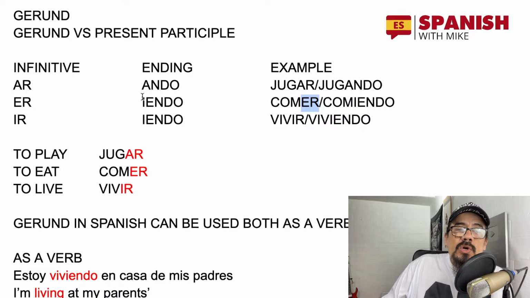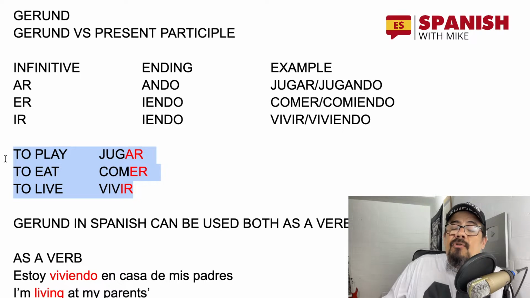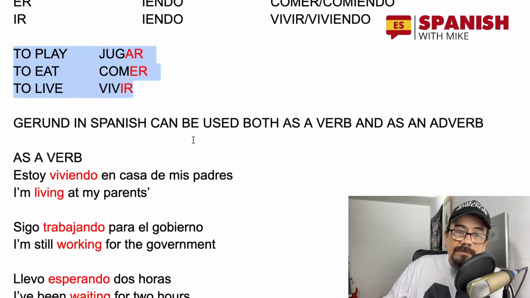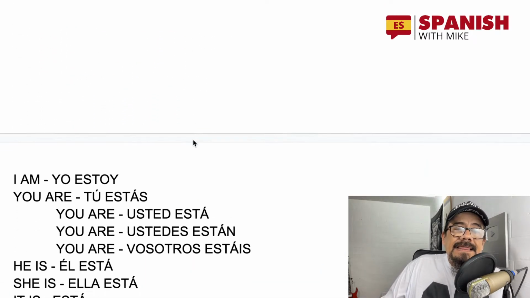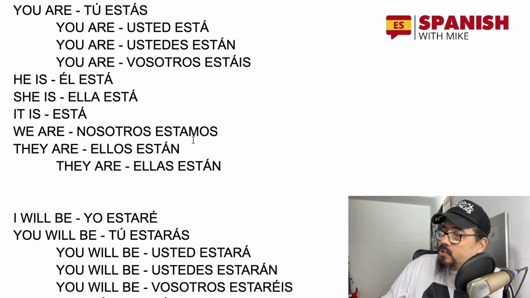And that's how you conjugate the regular verbs in Spanish in their gerund form. This is the gerund form. And remember, we are really talking about the present participle because this is a progressive, continuous tense form in Spanish. But remember, we agreed to call this gerund because in Spanish we call it gerundio. So having said that, there is another thing that we need to keep in mind, because those verbs are pretty much going to be used in